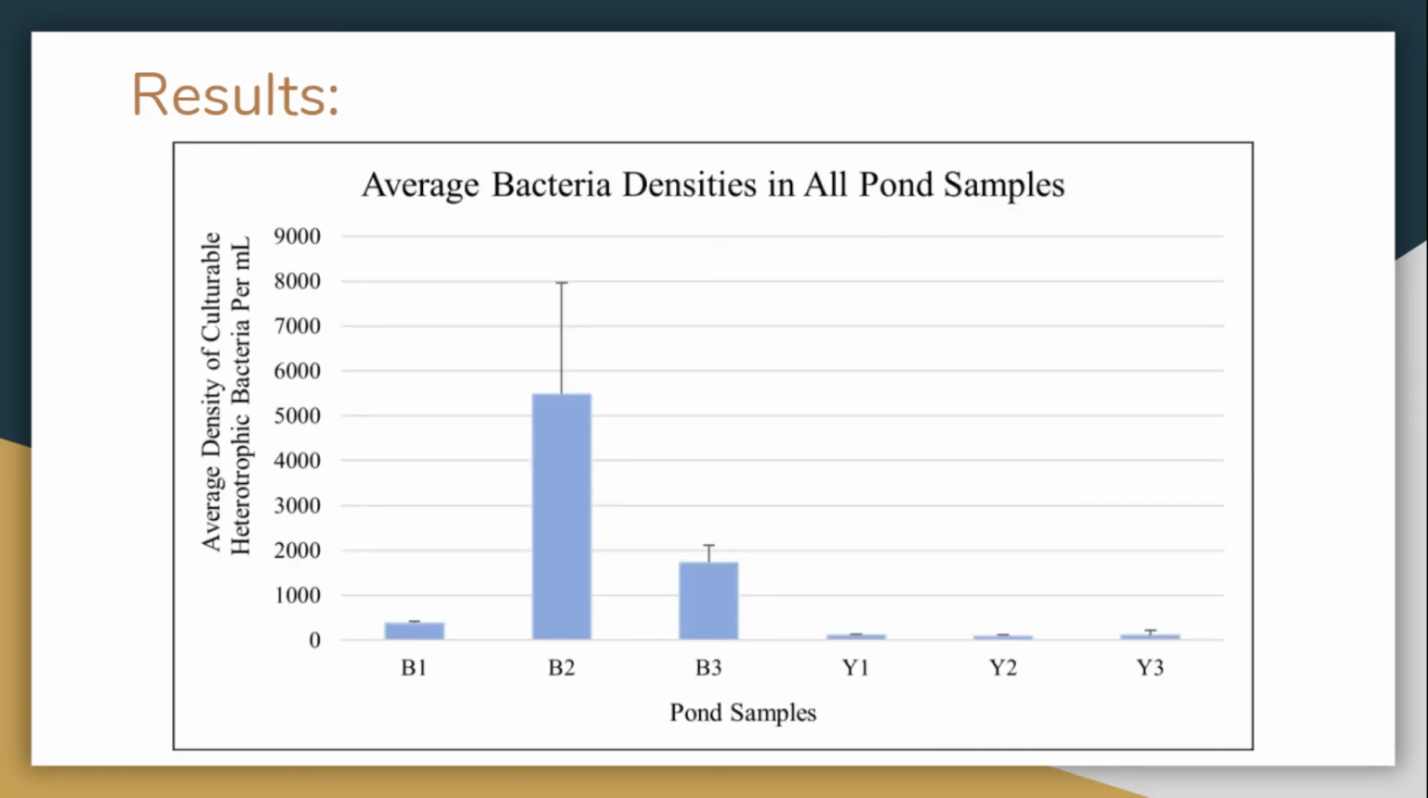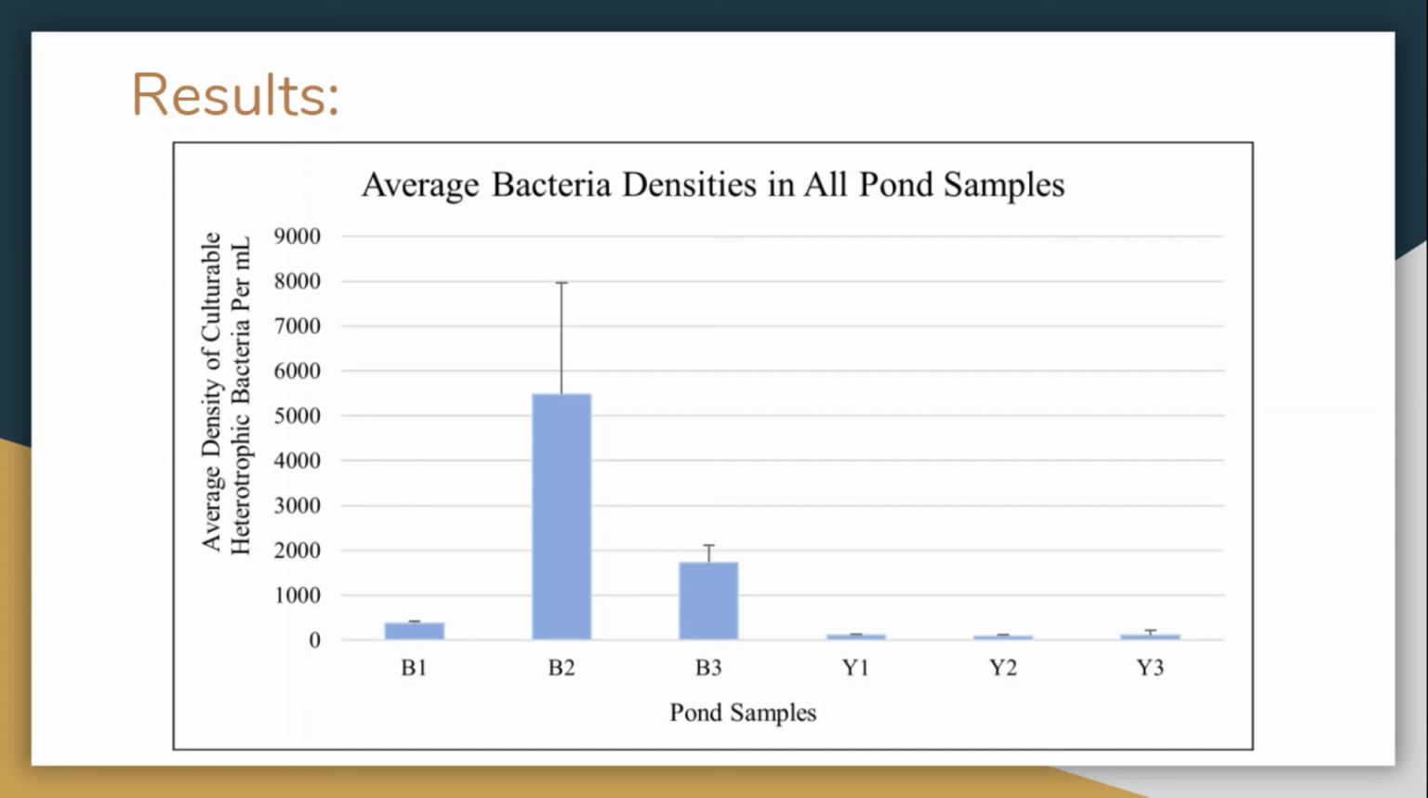For this graph, we are comparing the average bacteria densities for each pond sample. We can observe the Bigner pond sample's average densities seem to have a bigger abundance of bacteria per milliliter than the averages of yuck pond samples. We can visually see the differences between the two ponds and observe how B2 has the highest density of culturable heterotrophic bacteria per milliliter. This might be because Bigner pond may have conditions that are more suitable for bacterial growth